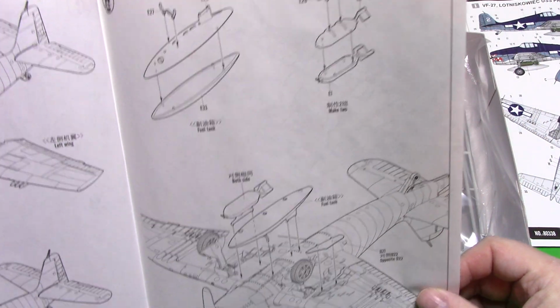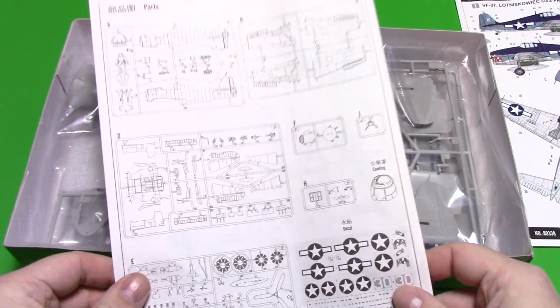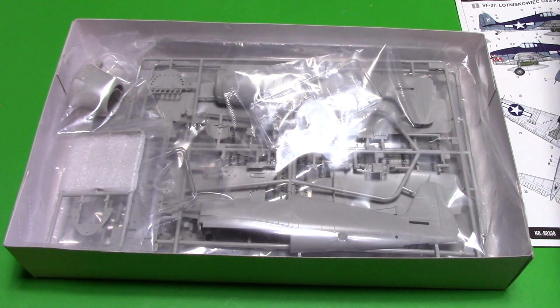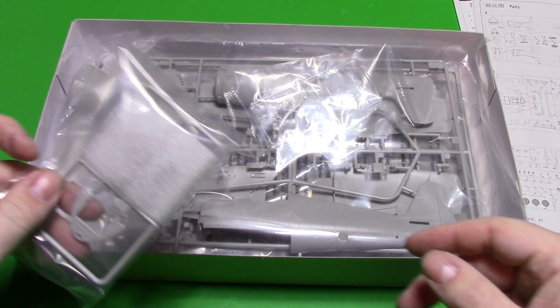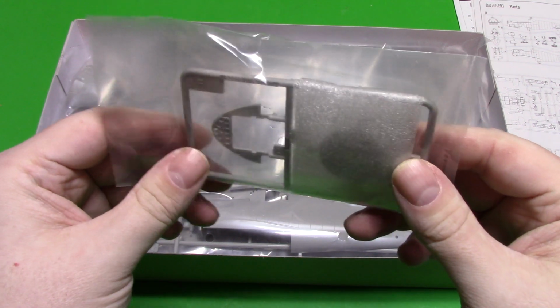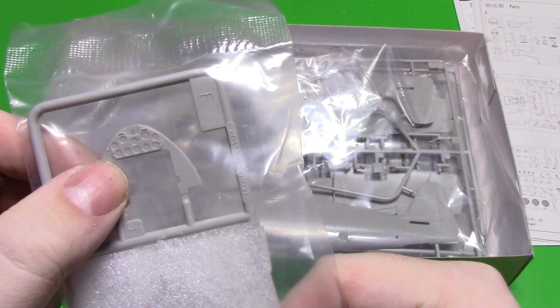And then you've got an option for a bomb and a fuel tank there, and that's about it. And then here's just showing our decal sheet and our sprues. So there isn't actually a whole lot to it. So I'll pull some of the parts out here. I don't really want to get too much of this out. You can see the instruments here, there really is nothing. They're just little